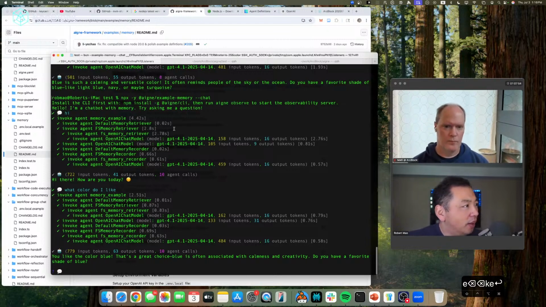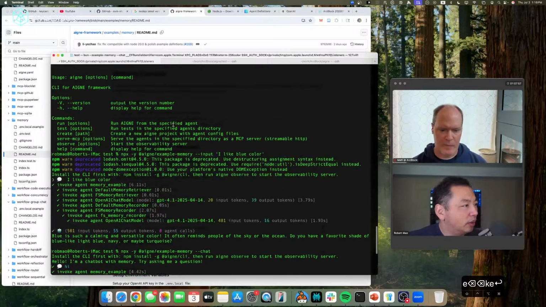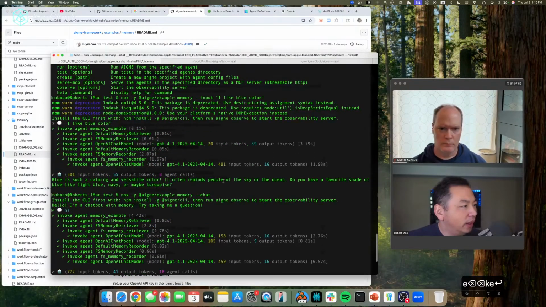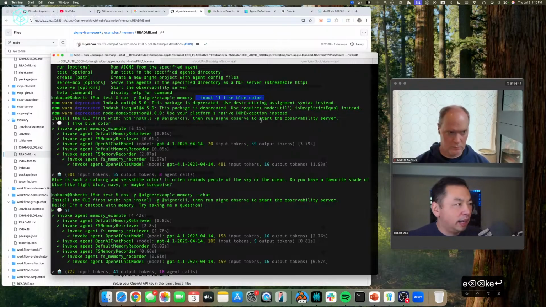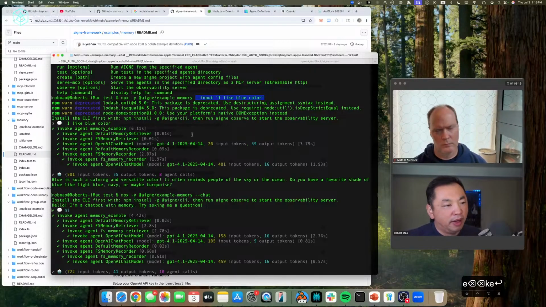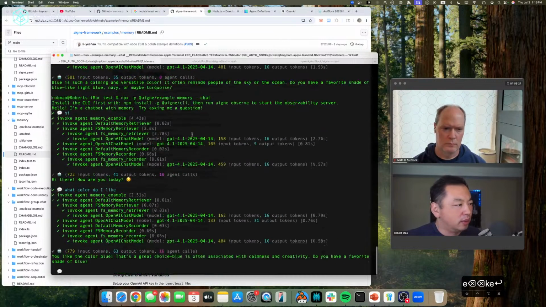Because if you look at the top, when I called this example, I had this input: I like color blue, right? I ran this demo separately two times, and it still remembered, because in this memory demo, whenever I tell something to it, the AI remembers and stores it, so the next time when I ask the same or a similar question again, it remembered.